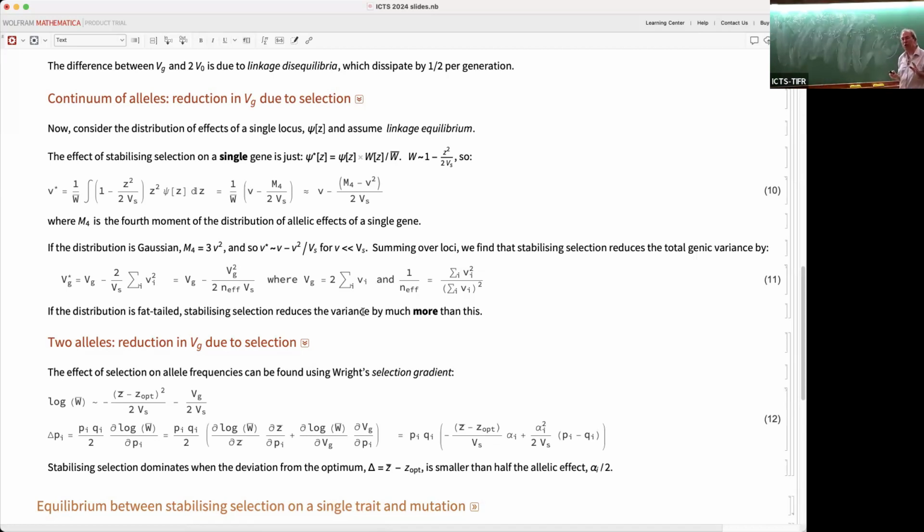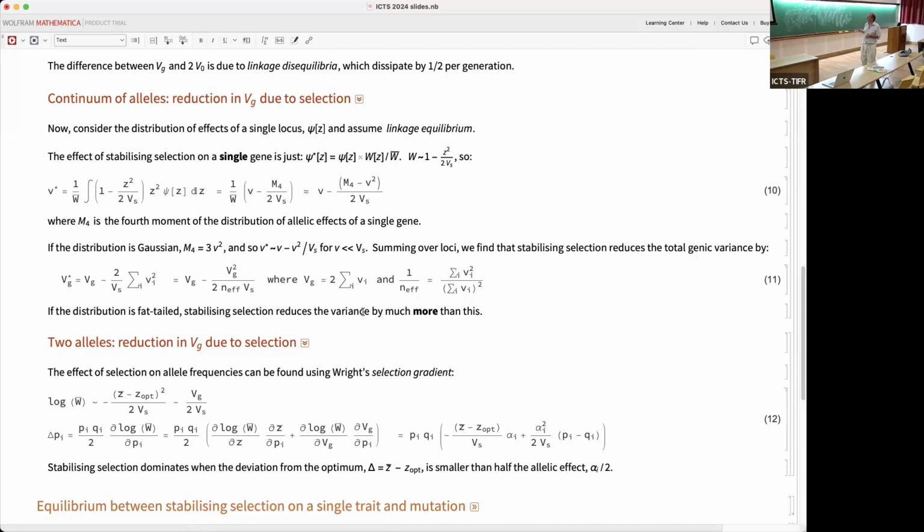So if the contributions were the same across all the loci, we'd have basically this, with this the actual number of loci. And all I'm doing here is saying, well, even if the v's vary, we can define an effective number of loci, which is a bit smaller, and plug that into there. So this will then be true. So this n is really the effective number counting those loci that actually contribute variance. You might have a whole lot of loci where v is very, very small, so we can ignore them. Okay, is that? Yep. Okay,